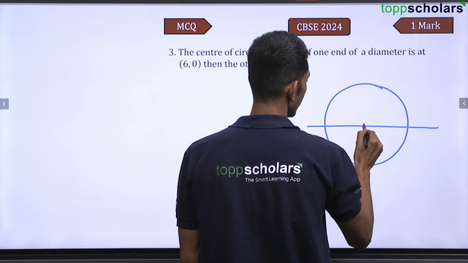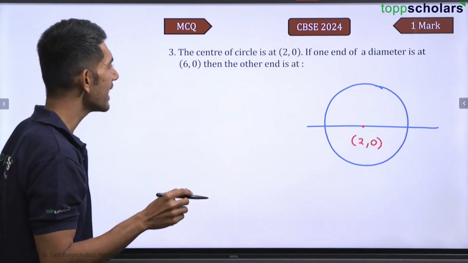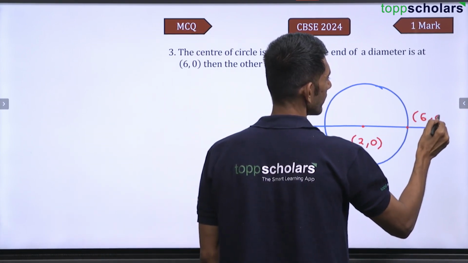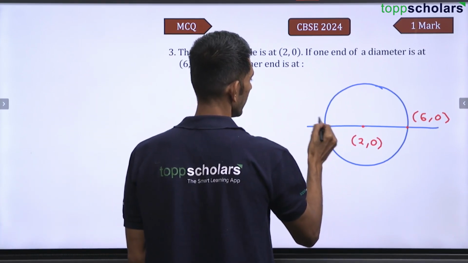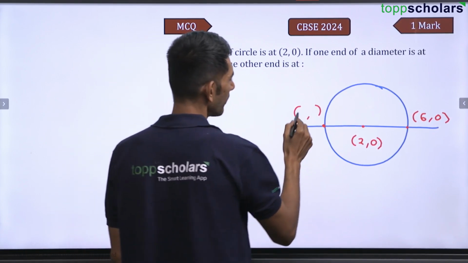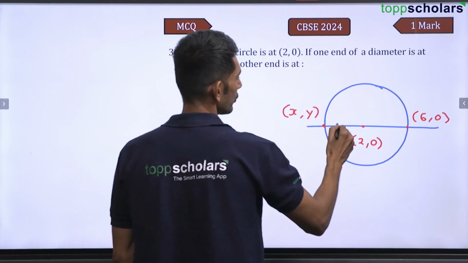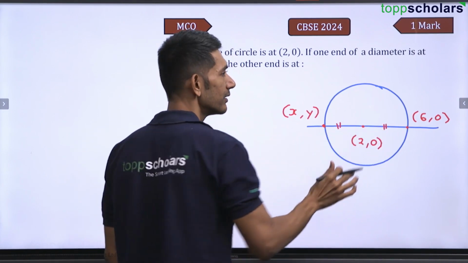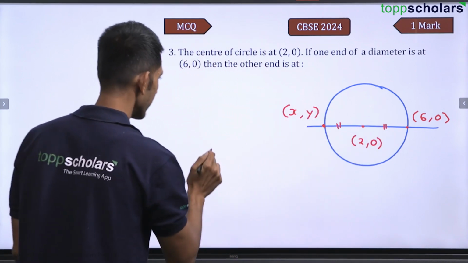That means this point is 2 comma 0. If one end of the diameter is 6 comma 0, then the other end is what? This is the question. Now it is simple, because if I take this as x comma y, suppose, so these two are equal because we know that center is the midpoint of the diameter. So since the center is the midpoint of the diameter, and can we say here